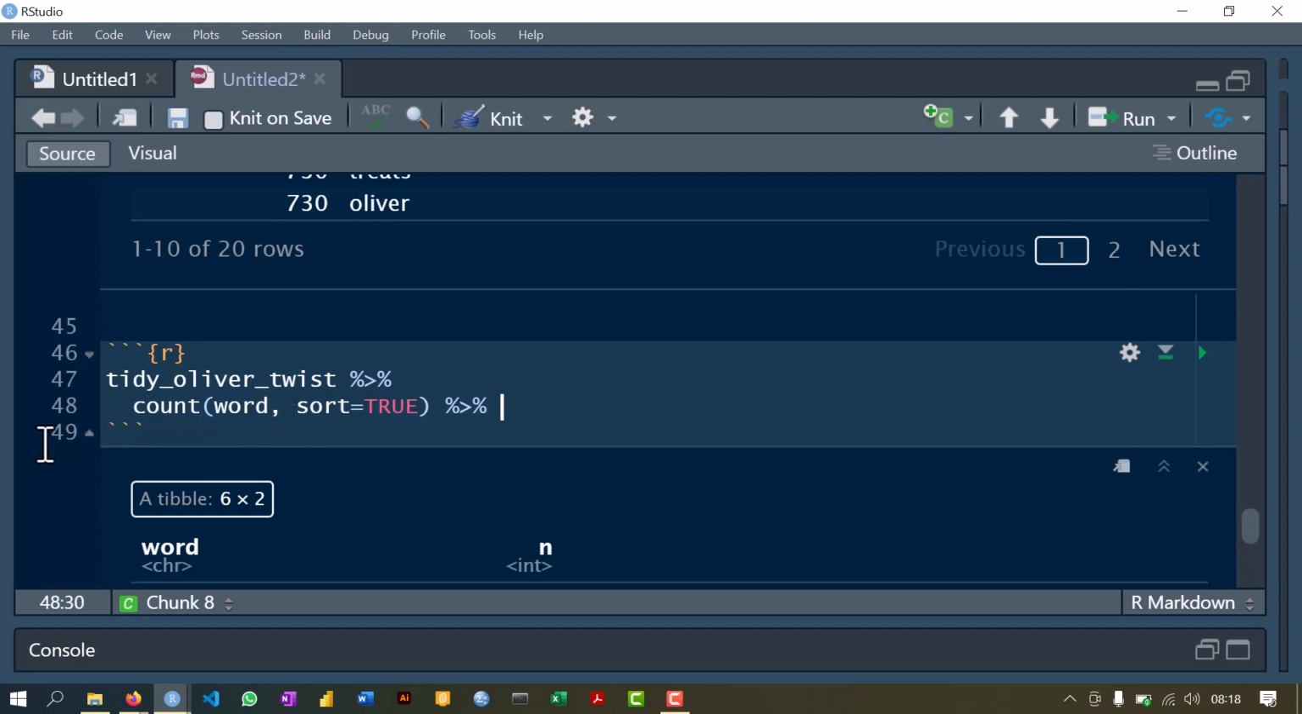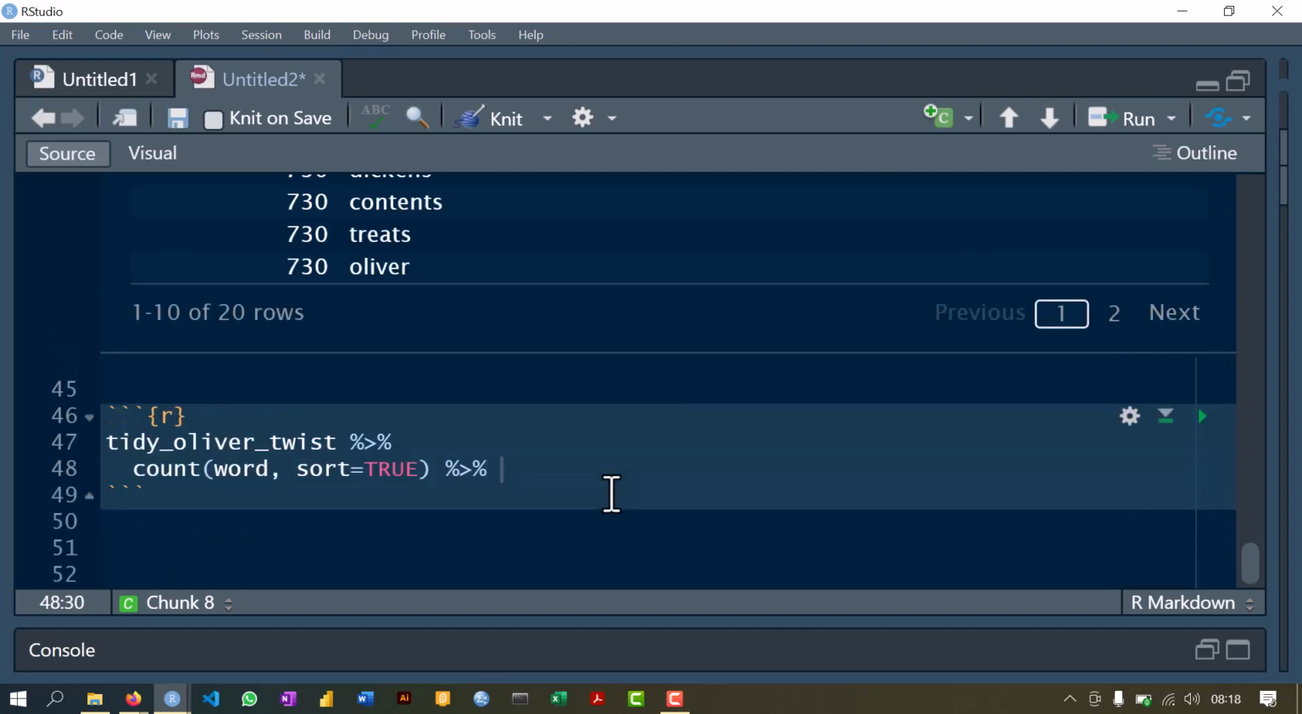Now we want to visualize this word frequency, because they say a picture tells a thousand words. It's better if we show this word frequency in a visualization. So now we're going to pass this